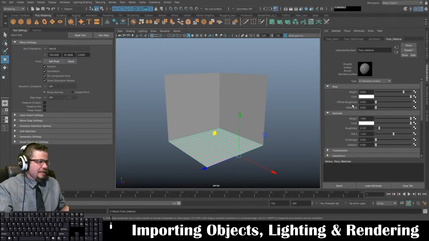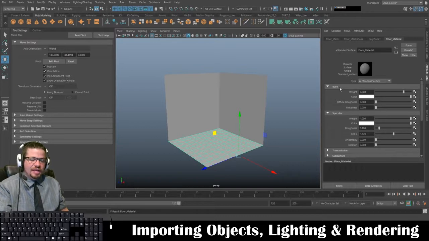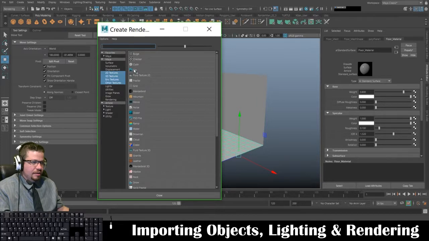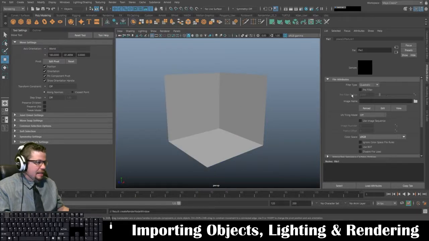So now in here, under base, this is going to be our base texture, such as our color map or our diffuse texture map. So I'm going to click on the little file finder, the little checkerboard, label color it's called, and I'm just going to go ahead and click on file. Now in here I can locate under image name, and I'm going to locate for the floor